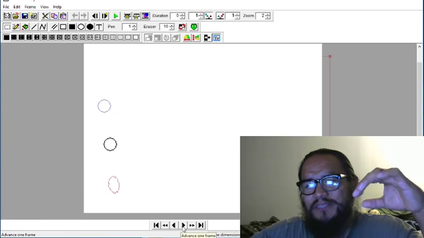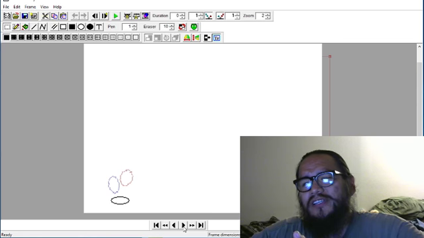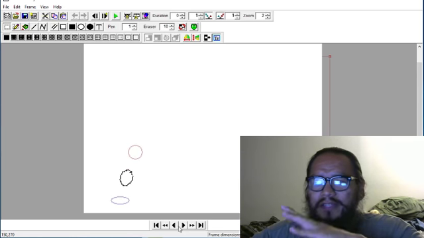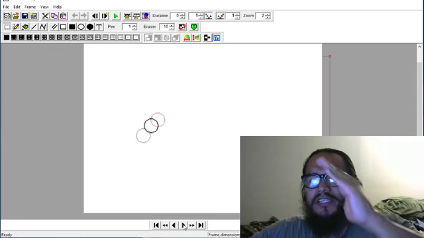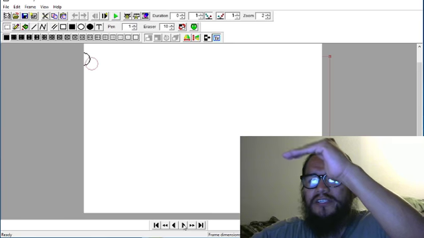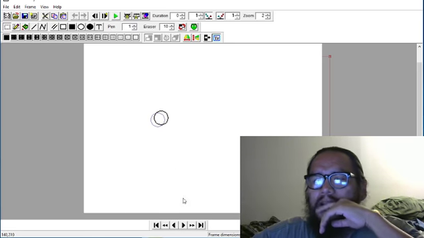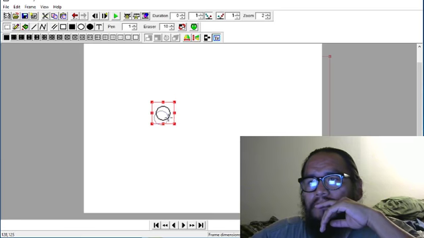So it's starting to speed up, but then it hits the ground, it squashes, and then it bounces back up, and you've got that stretch there. And then as it's reaching its next arc, it begins to slow down before it starts coming back to Earth again. New frame, paste,